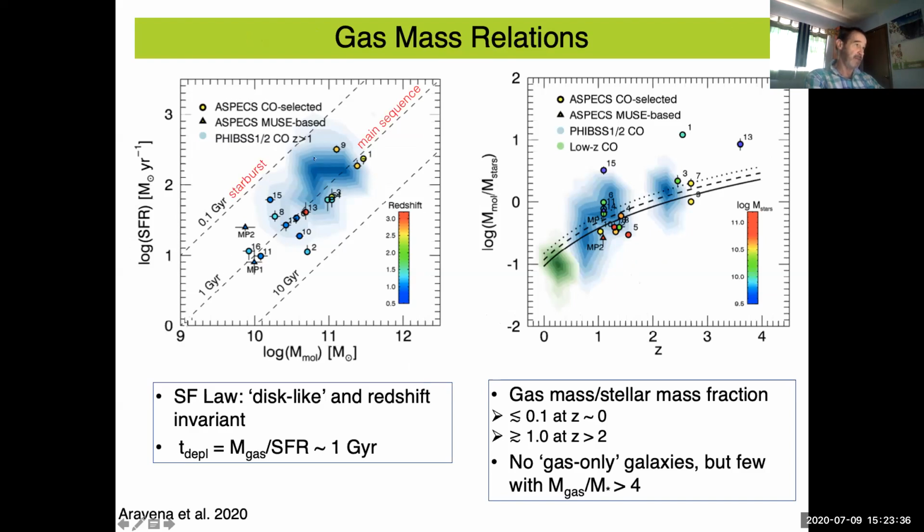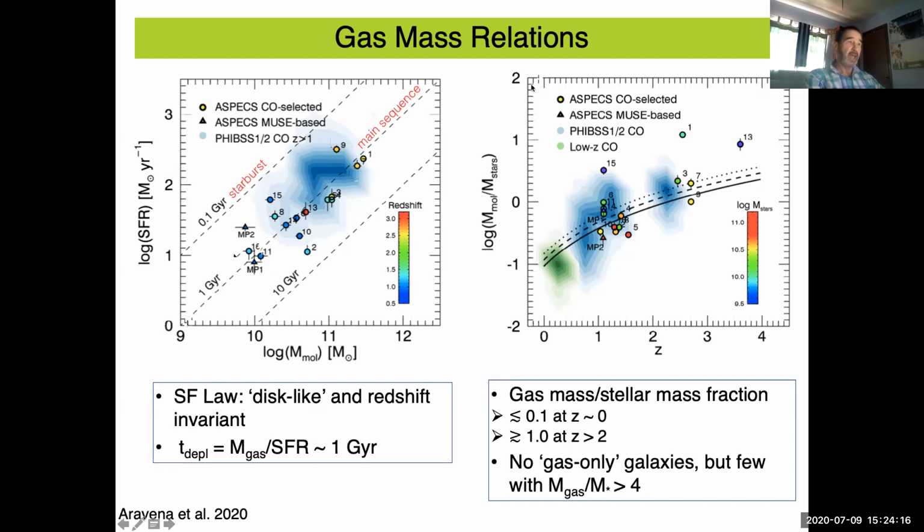And you'll see the ASPECS points scattering in here along a line that's defined by a gas depletion time scale, which is the ratio of the gas mass to the star formation rate, of about 1 billion years. And we'll see later, this is pretty much standard and invariant for star-forming galaxies across the universe, really, amazingly. The blue cloud here is another sample of optically selected high redshift CO galaxies. Again, starbursts would be 10 times higher than this in terms of their star formation rate. So following a fairly typical